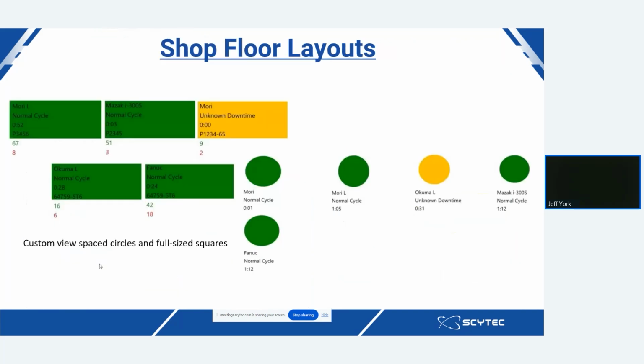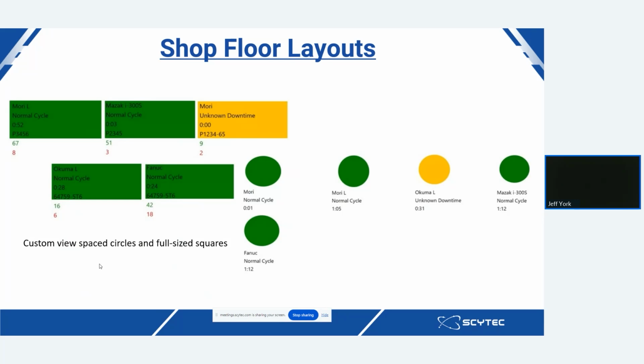And I'm going to be showing you guys here in a minute how you can design all this. But first, I'm going to go over a few other things and verbally describe how you can set this up and then visually show you it. So you don't even need to have a template of, like, a top-down view of your shop floor. You can just import a blank image, and then you can set things up how you would like to, very basically with just the machines and their statuses, and you can have those either in squares